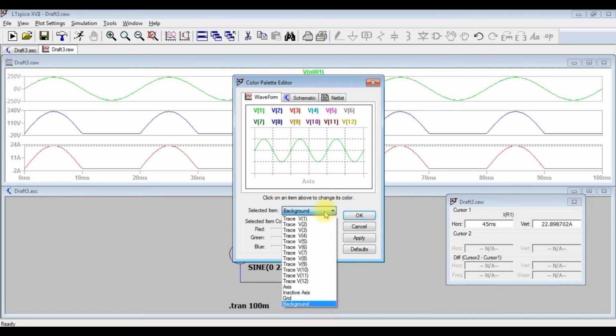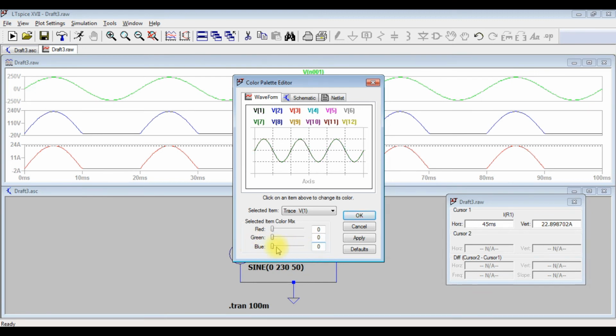I will go to trace 1 for example, like my trace 1 is V1. I will select trace 1 and, if you have a look at it, the color is green. Let me add blue with that. So it's now, sorry, that became white. So when you add red, green and blue together, it becomes white, or black, or you can change it to any other colors, right.